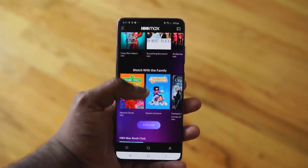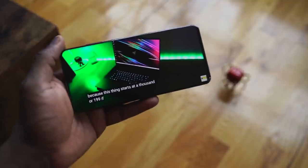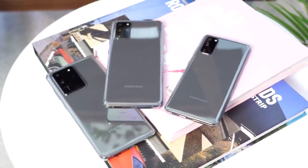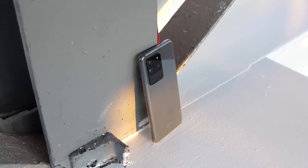So one thing I'll let you guys know is that I traditionally would move from an S device to a Note and from a Note to an S. And this was the first time I didn't necessarily do that. And there were a couple of things that caused that to happen. Now, starting off with some of the things I do like and enjoy using on this device,